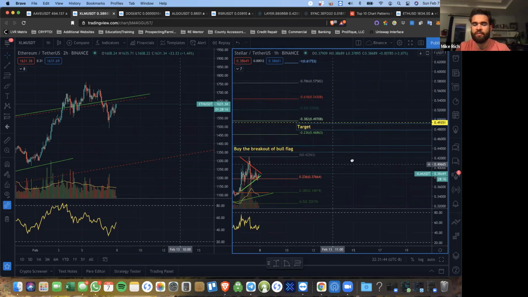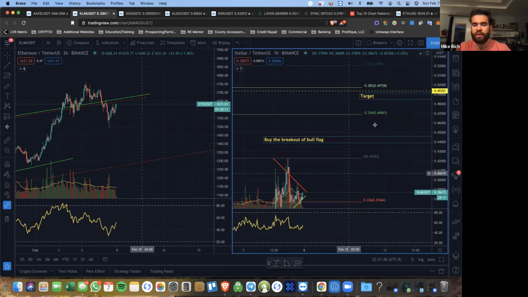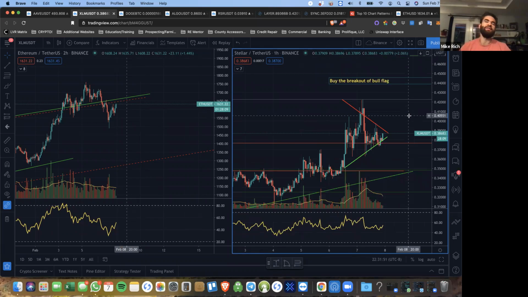So if it does go up, it's called continuation. And if it reverses, so if it's down and we got a bounce, that's a reversal pattern, and then vice versa. Okay, so